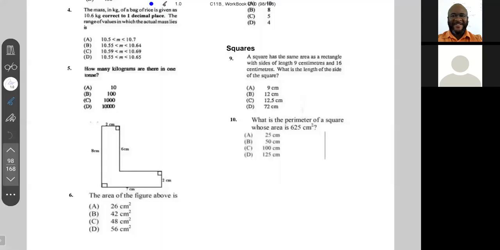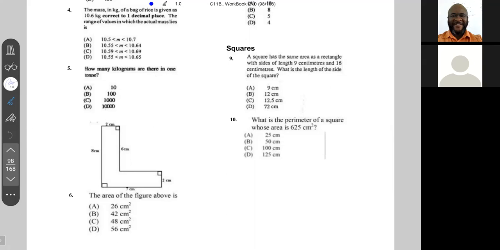All right, so let us look at some multiple choice questions based on area and perimeter, based on the things that we've been learning for the last 3 days. I'm going to start at question number 6. Question number 6 says, the area of the figure above is... Well guys, the figure above